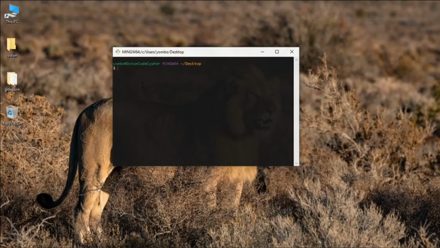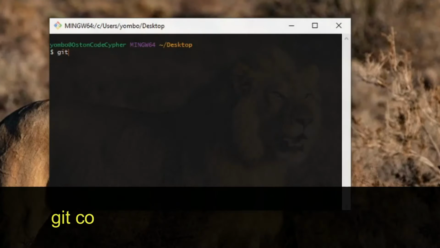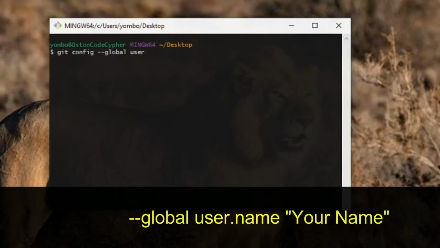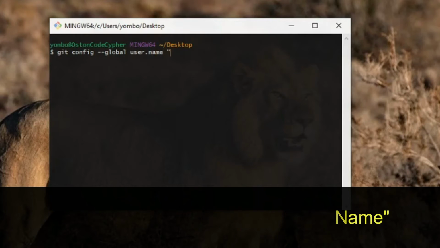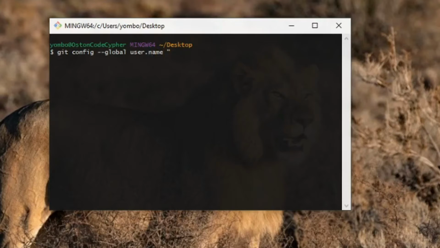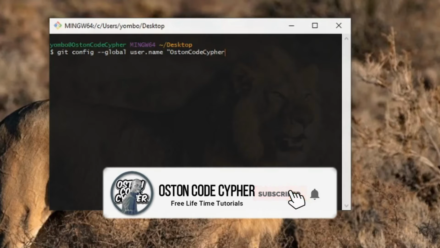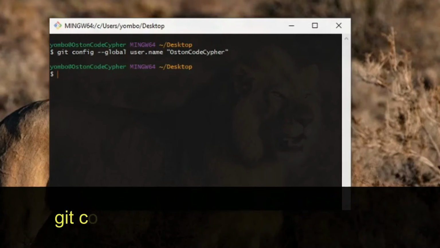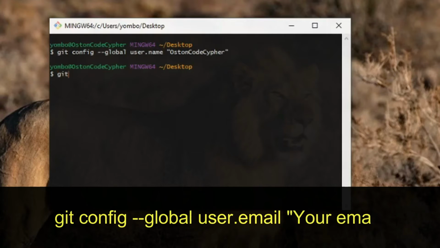To configure this command line interface with your information, just write git config --global user.name, and the name that I'm going to put in, open double quotes, I'm just going to write Oston Code Cypher. So this is the name that I want Git to save. Press enter, and then for the email, we are going to write the same command, changing only user.name to email. So git config